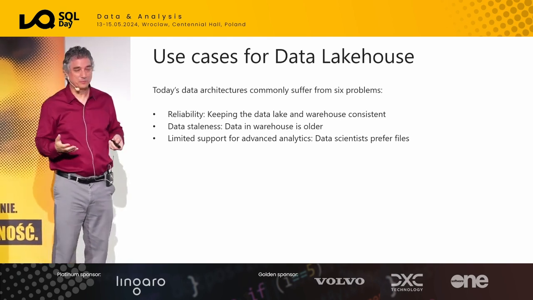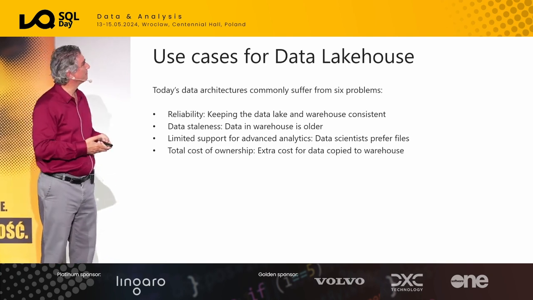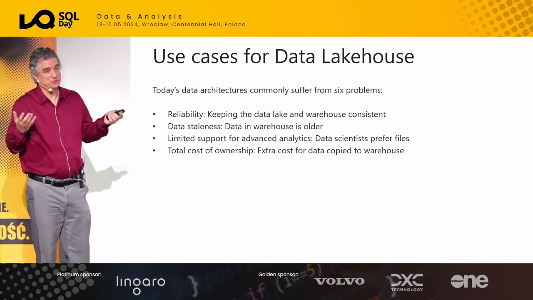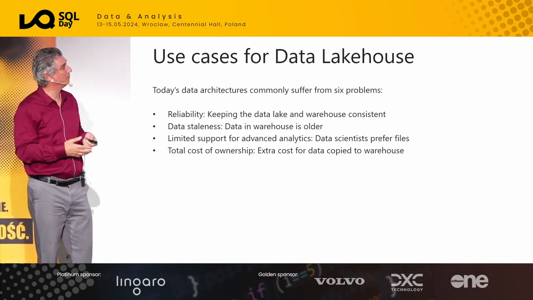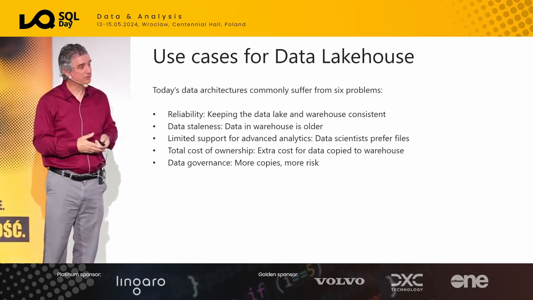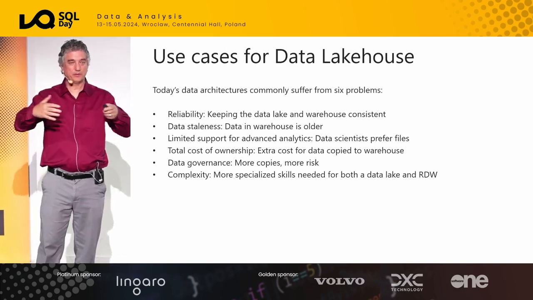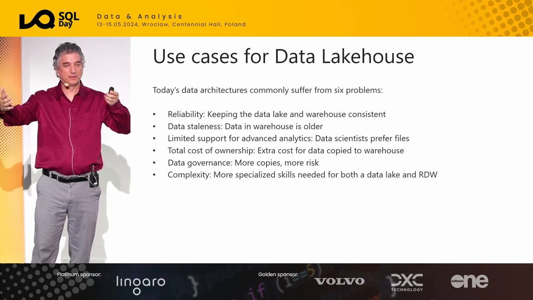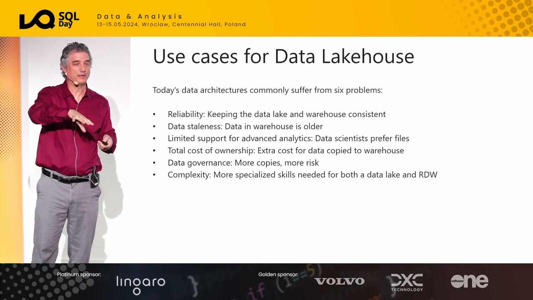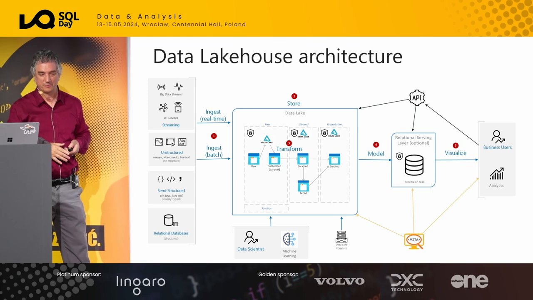The data scientists generally prefer files and folders in there, so you're making them happy. Even though storage is very cheap, you're saving 50% off because you only have 1 copy of the data. And reducing the copies reduces the security risk. And if I have both those technologies, I need to hire people that either know both or experts in both of them. I can do away with that and just say I need experts just in the data lake. So it's reducing the complexity to save costs.